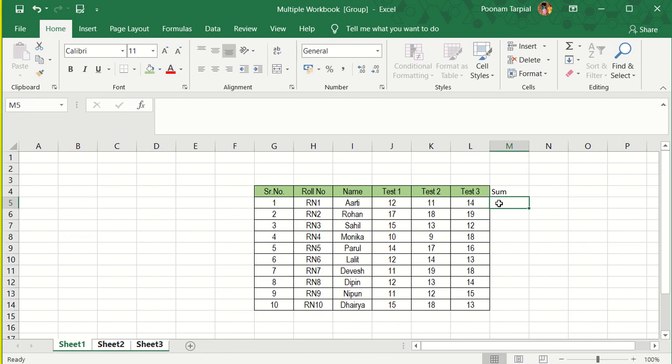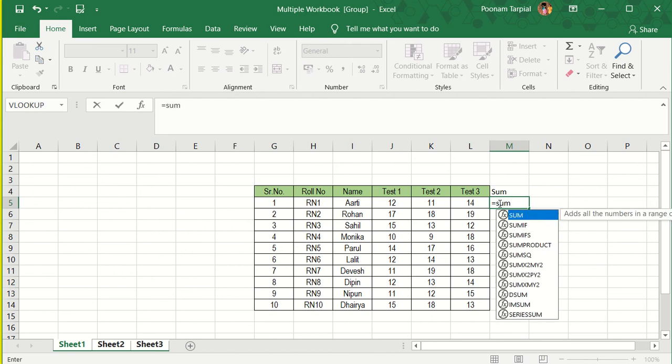So I will be clicking on this, that is another cell now, and then I will automatically input my sum function. What I'm going to do is put equal to, and then I go ahead and click on sum. Those people who are new to the sum function, please watch my previous videos in which I have trained you on how you can use the sum function as well.